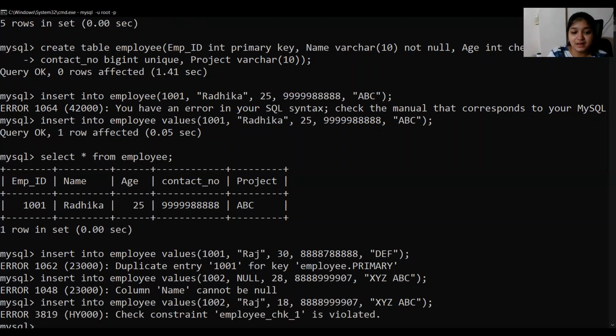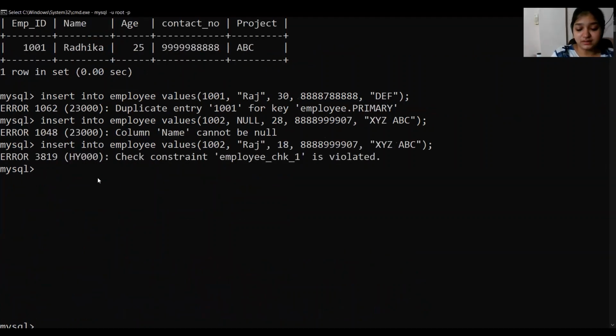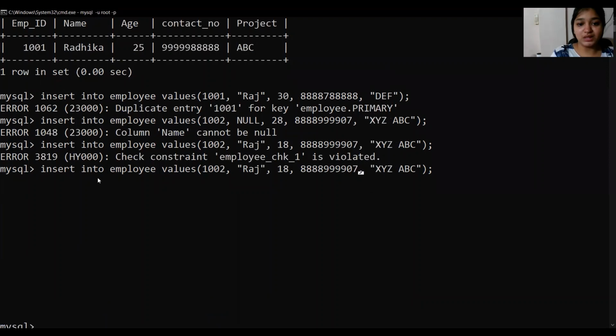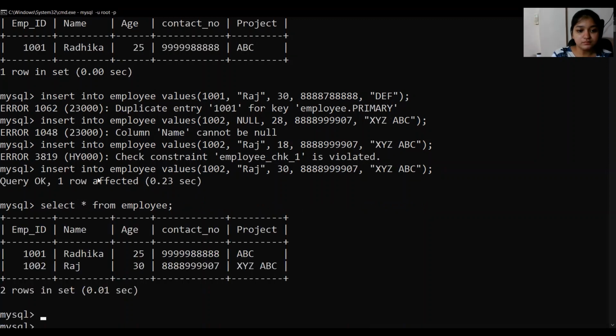It says check constraint employee check 1 is violated, so which means that check constraint is violated over here. So to insert again the values, we cannot keep age below 20. So now I'm taking it 30 and contact number, this and the project. See, the values are inserted in the table.